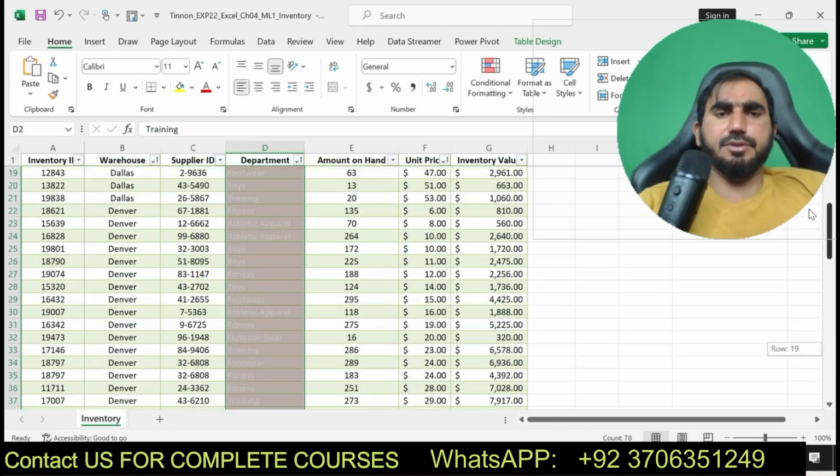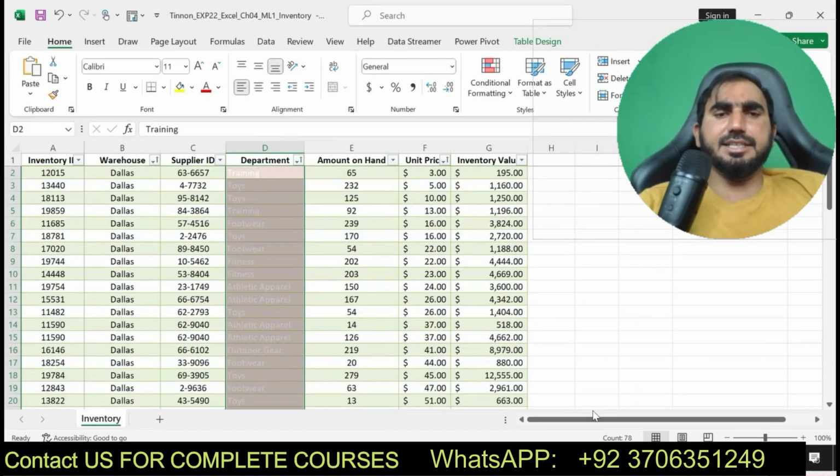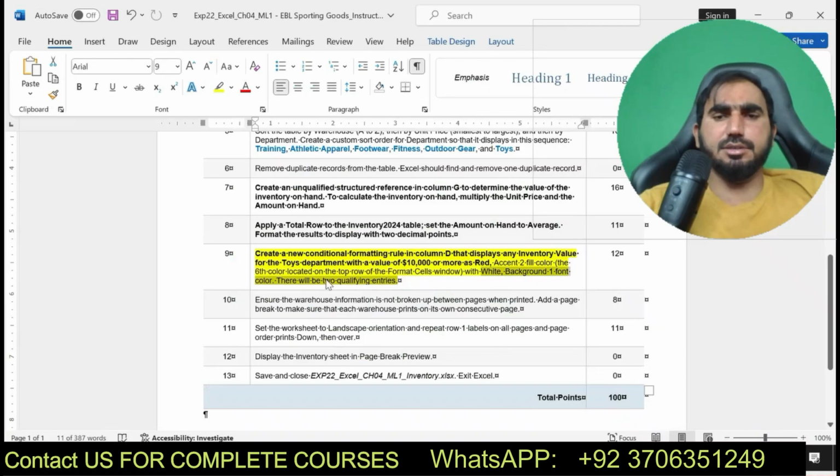Okay, I have done this one. I have applied the conditional formatting to the column D.